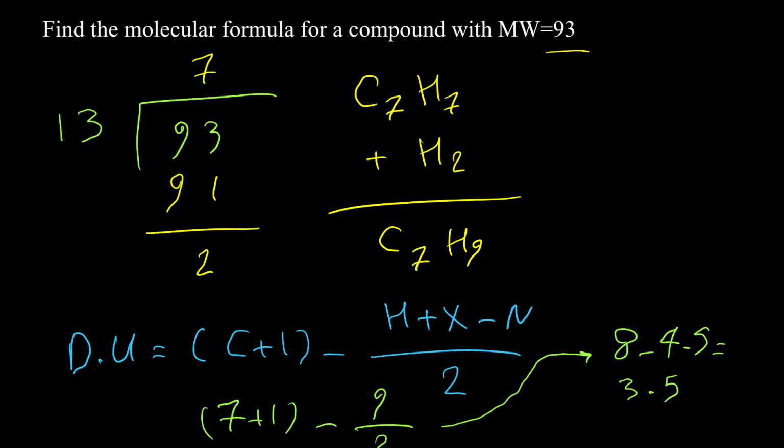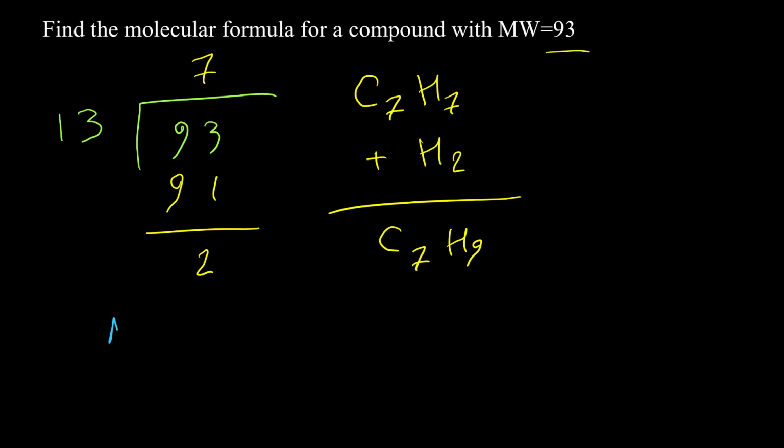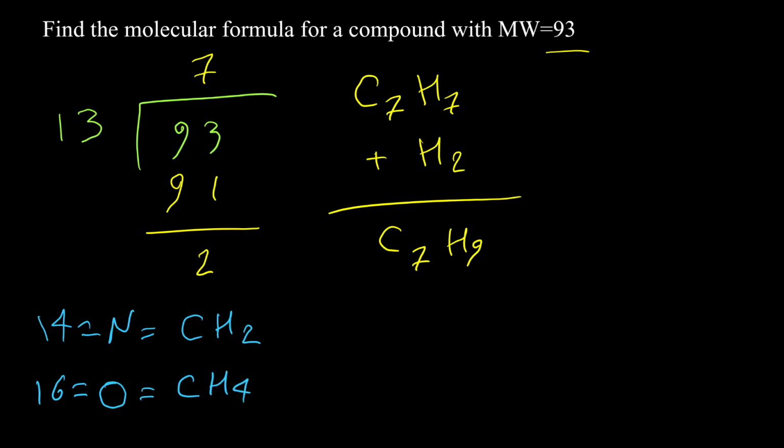But we already know that because the mass is odd, we should have at least 1 nitrogen in our formula. The mass of nitrogen is 14, and it equals the mass of 1 carbon and 2 hydrogen. Also, if we need to use oxygen, which is not the case here, the mass of oxygen is 16, and it equals 1 carbon and 4 hydrogen. By taking a CH2 and adding 1 nitrogen instead, the formula of this compound turned to